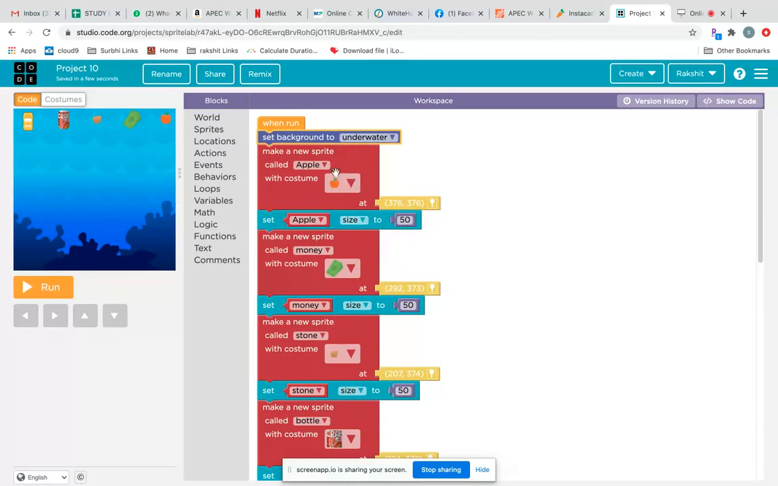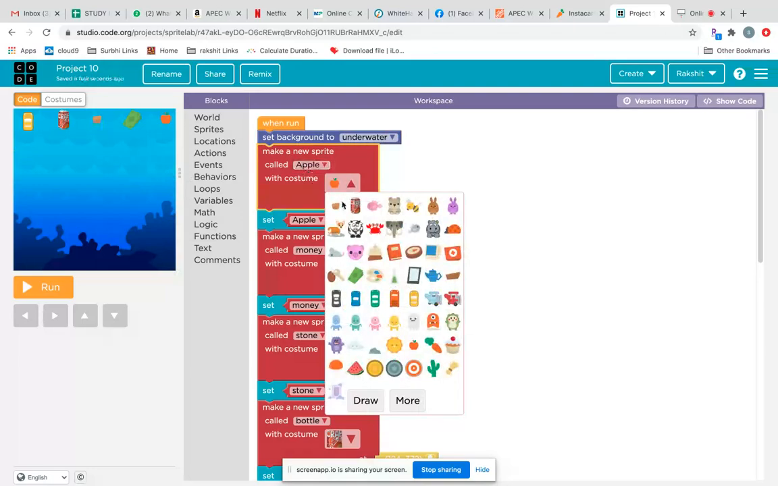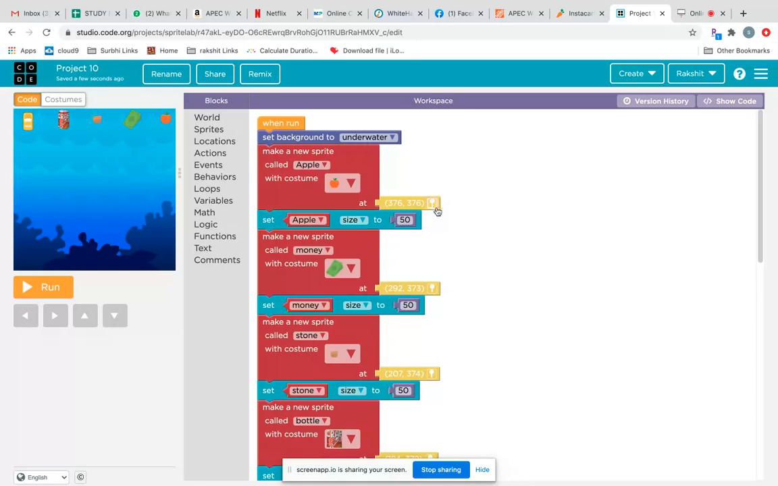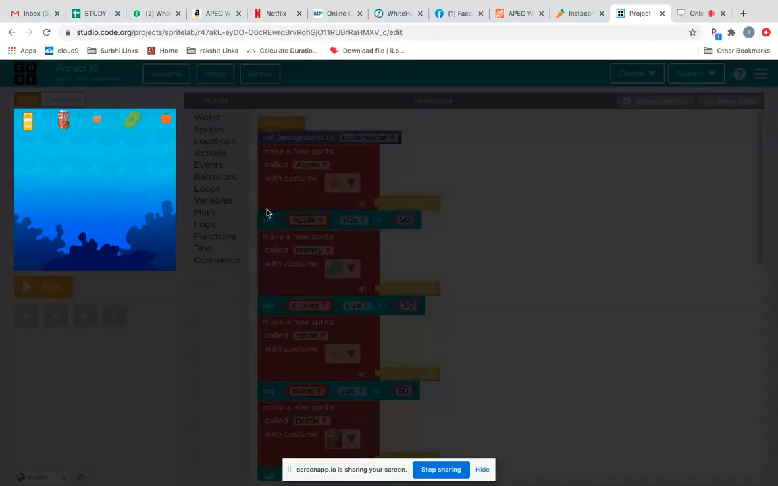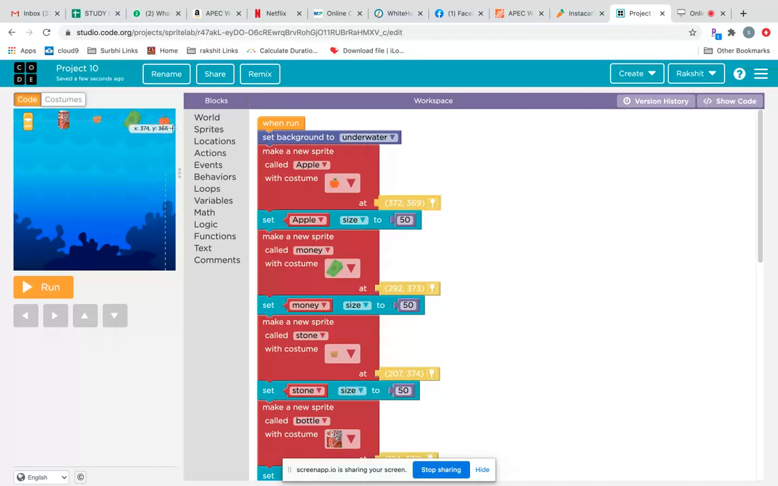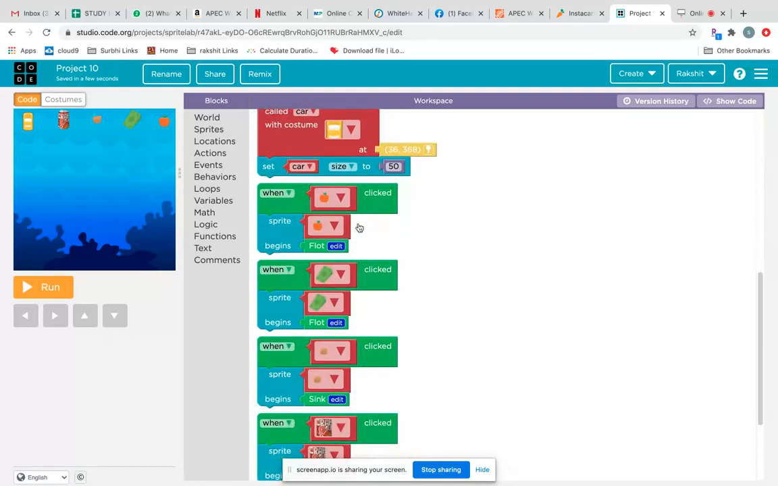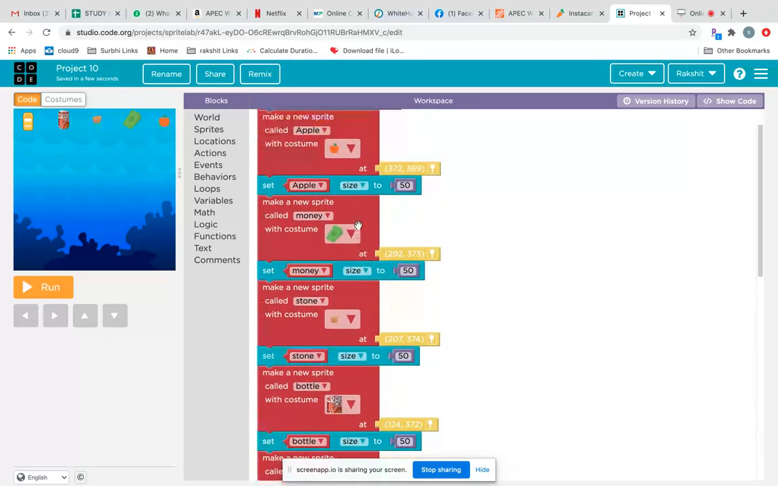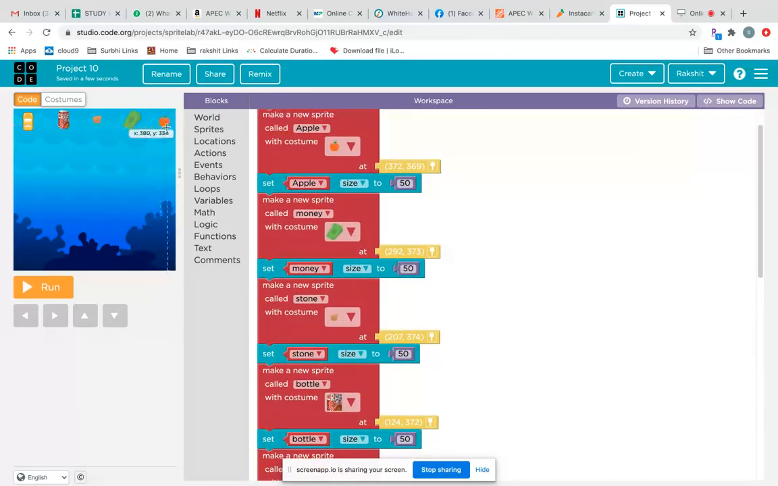Now we had to make these things, so we had to name it apple and then get the sprite of an apple. And then we put it on the place where we wanted it. Like, look, you can move this around, it's following my mouse. And then when you click somewhere, that's where it's going to stay. So this is the place where I made it stay. And then we set the apple size to 50. We did that for all of the sprites,